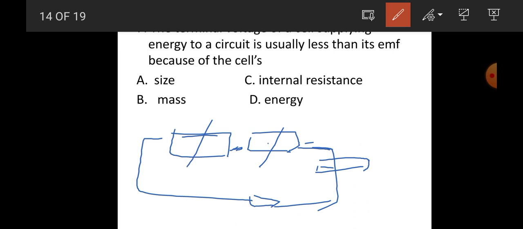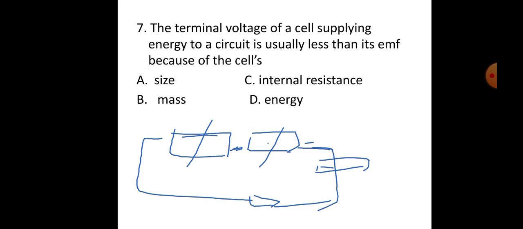ራሱ ድራይ ሴሉ የራሱ የሆነ ኢንተርናል ሬዚስታንስ ስላለው there is a voltage drop on the dry cell by itself. ራሱ ሬዚስታንስ አለው that is said to be internal resistance. ስለዚህ ምንድነው የምለው ጥያቄው the terminal voltage of the cell supplying energy to the circuit is usually less than its